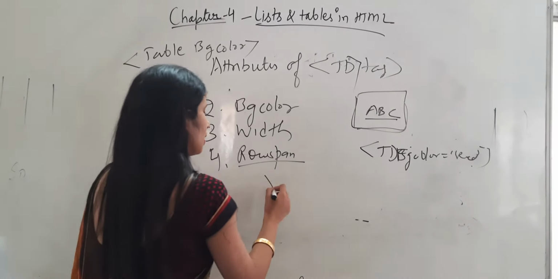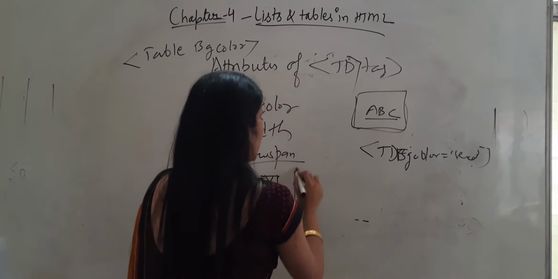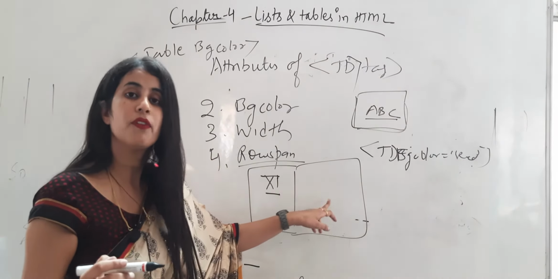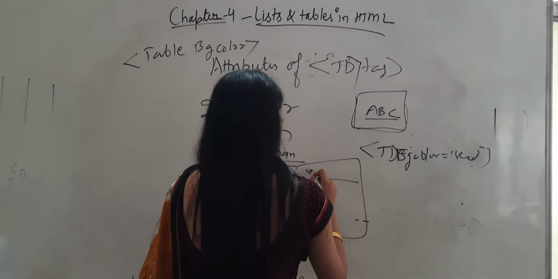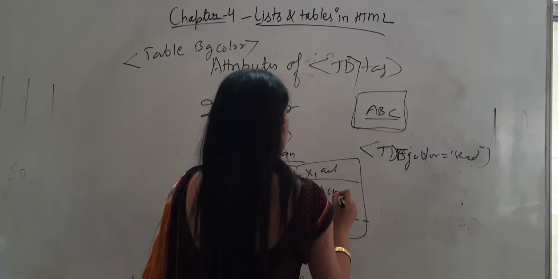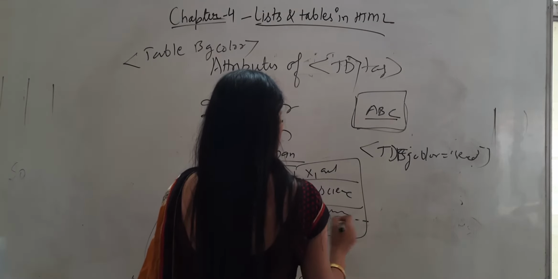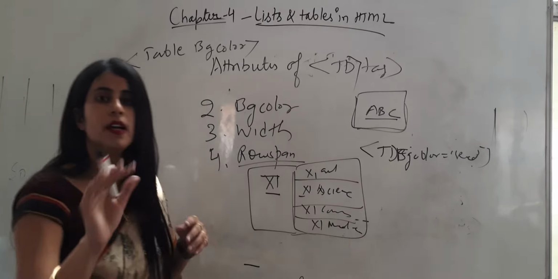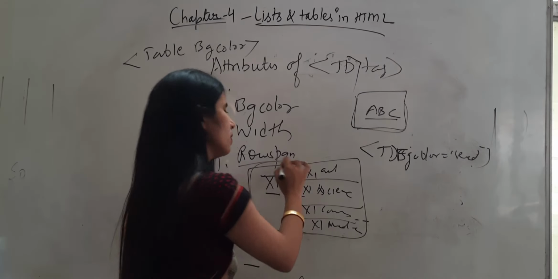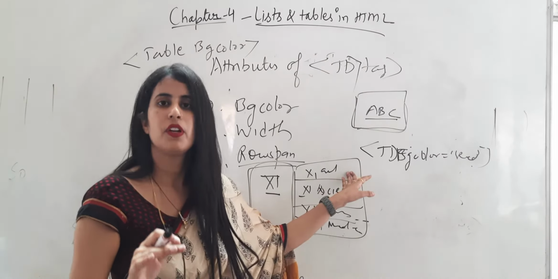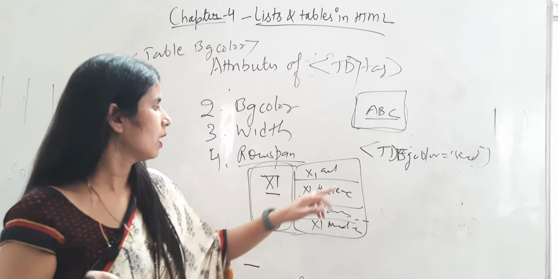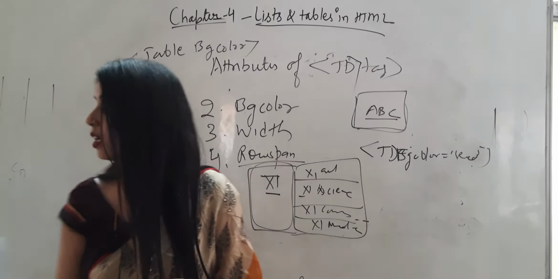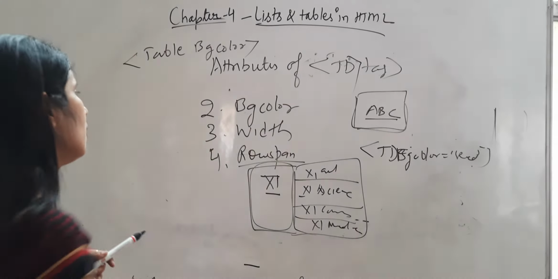streams are there. In 11th class we have different streams there. So these are the two cells. This is the first cell, this is the second cell. I want to divide it into 4. 11th arts, 11th science, 11th commerce, non-medical, 11th medical. In this way, here I have divided this. This is the complete one, consolidated, and here I have divided this row into 4 sections. First, second, third, fourth, means 4 sections I have divided it. So this is known as row span.